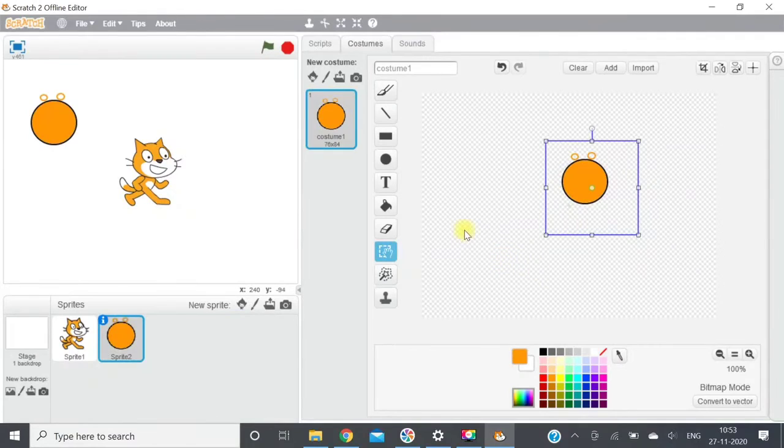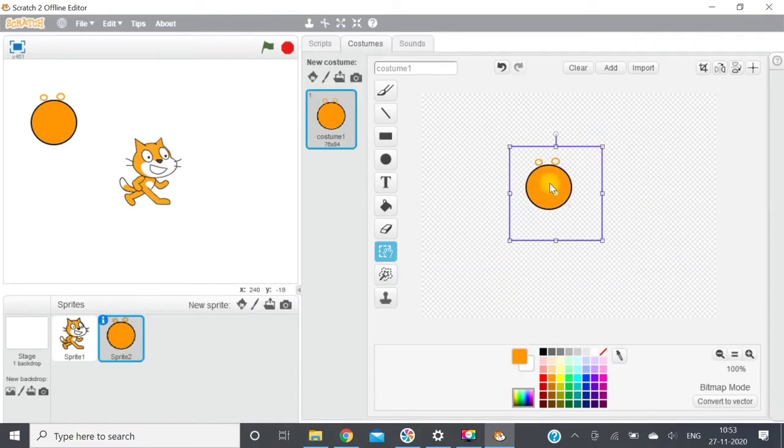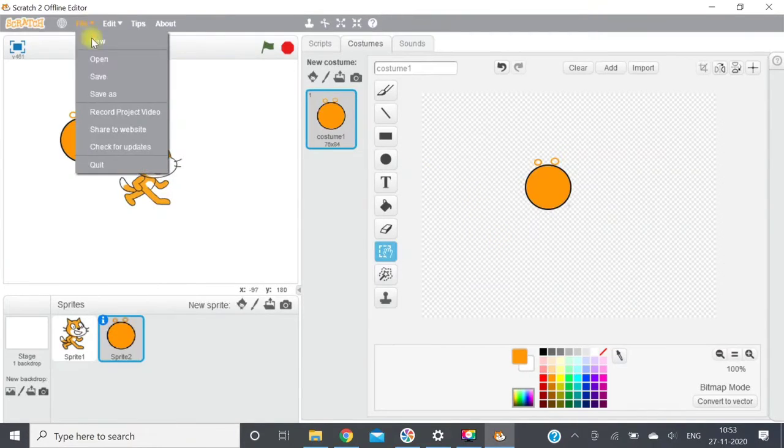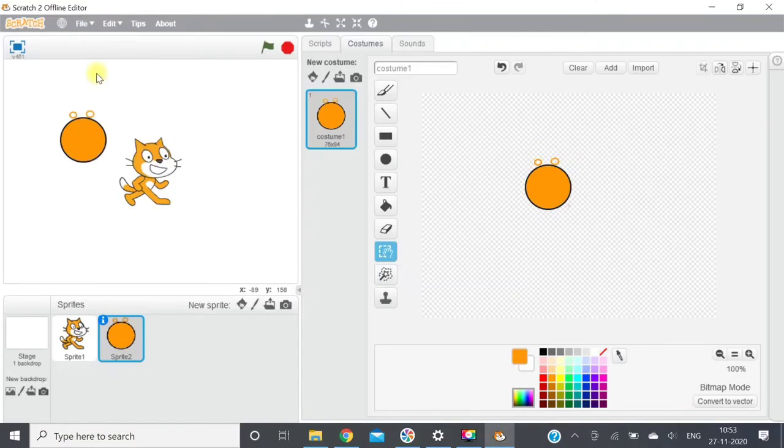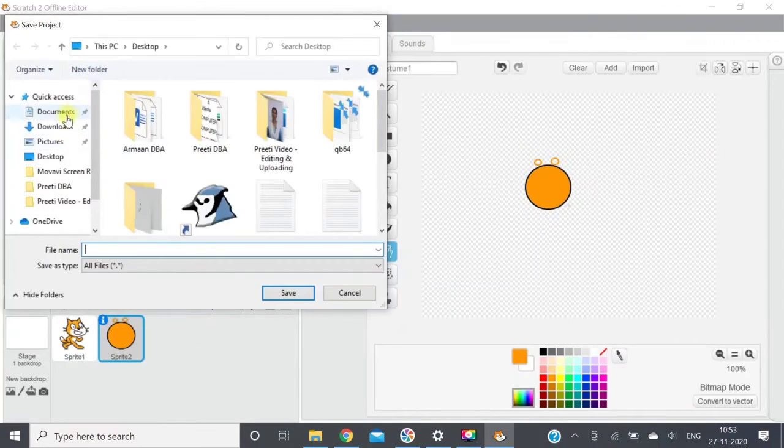Fine. So when you paint your sprite, it will be visible here. You can save it through file, save option. You can save your sprite anywhere, wherever you want to save. If you want to save on desktop, give the sprite name.